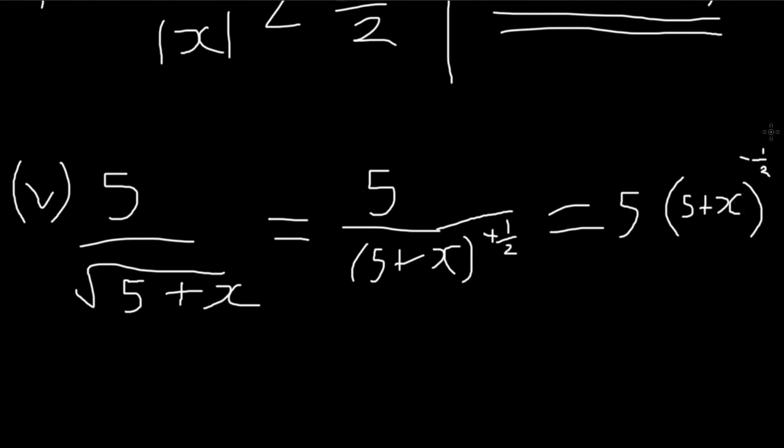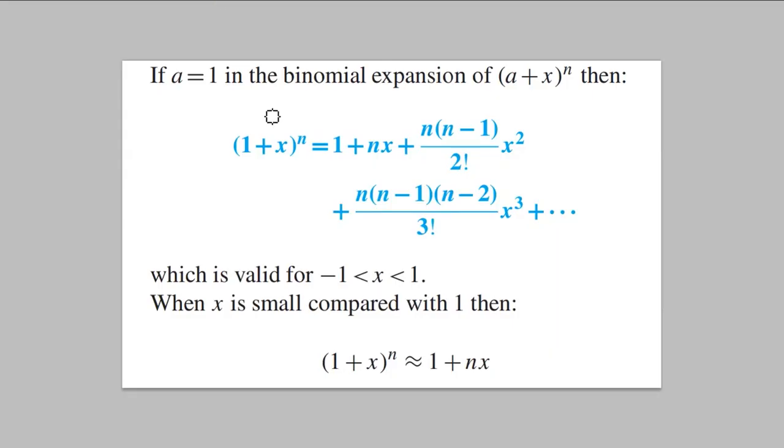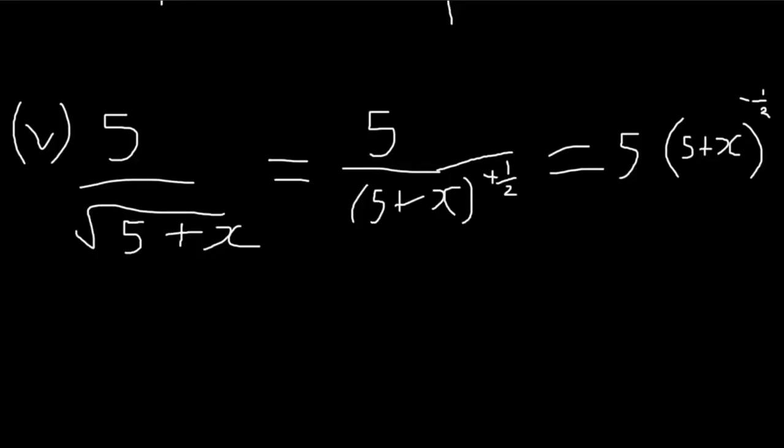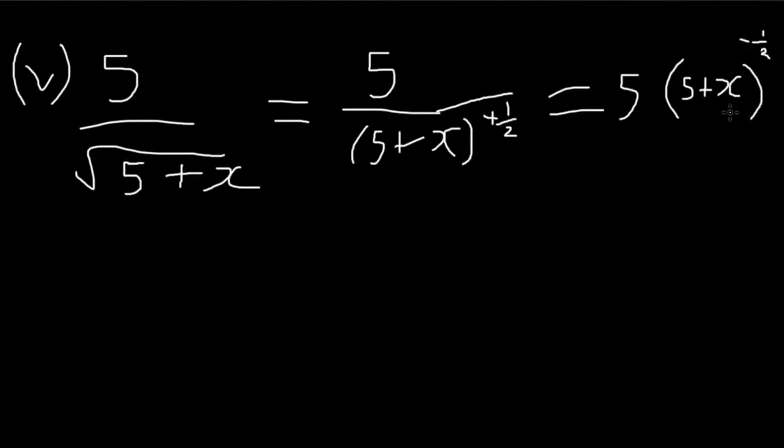To be negative half. So this is the way it is. Then from there you can change it now to the form where the value of a here becomes 1. You change this 5 into 1, you change it into this form. It's supposed to look like this. So I want you to try to change it. Let me just write the final answer here. The final answer after changing this into that form